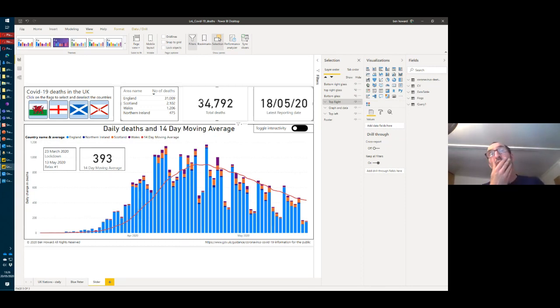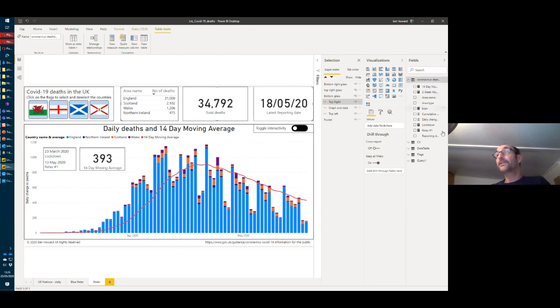Yeah. Okay, so something about the rolling average. So how was it that you did the rolling average on there? Well, let's go and have a look. Is it another session, or can we have a quick look at that? It's a measure. What do I call it? 14-day moving average. It's just a DAX measure,